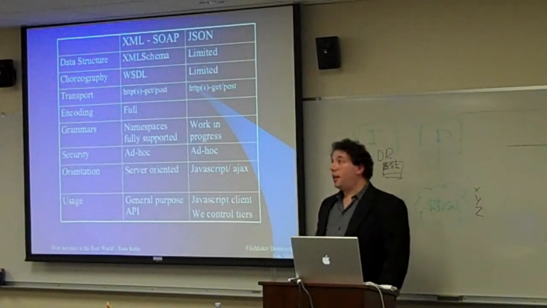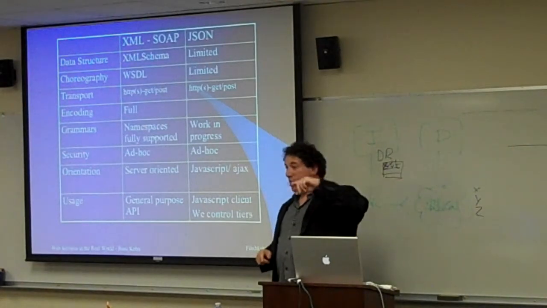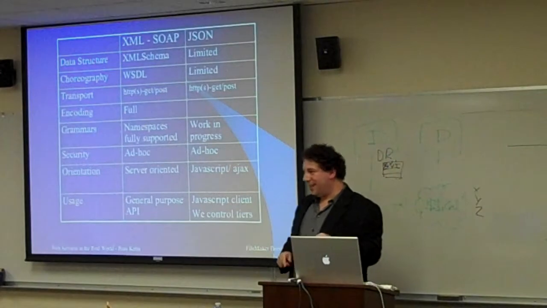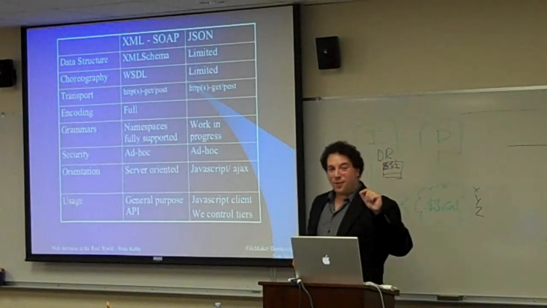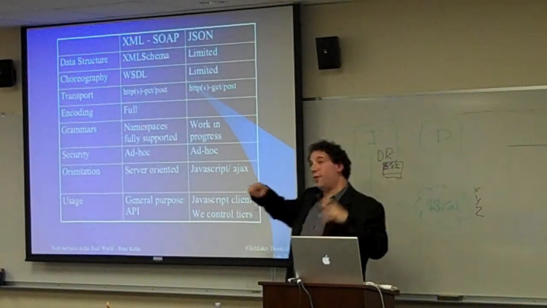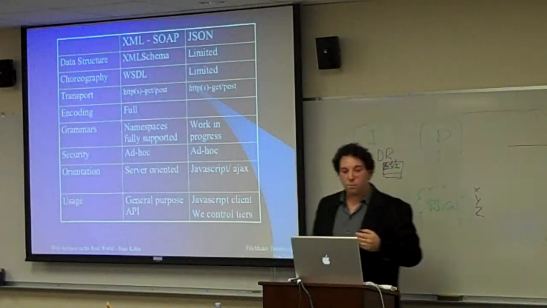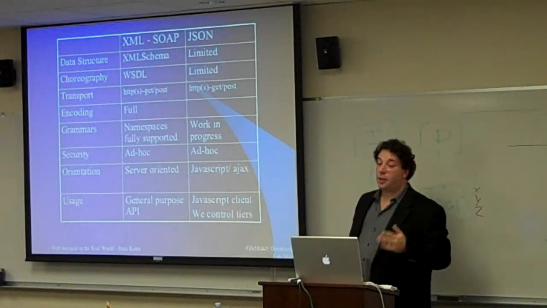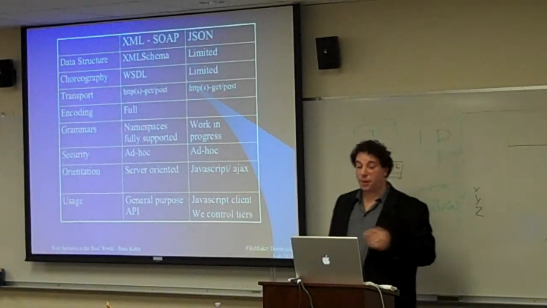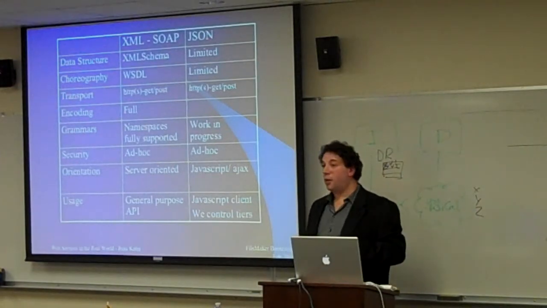The WSDL is the sequencing of these things. It says, first thou shalt do this, and then you might do that, and then you can do this, and then if this happens, you have to do that. So WSDL is this high-level choreography thing, and the WSDLs reference the XML schemas that talk about the nature of the messages themselves. Typically, we're doing HTTP POST for it, although sometimes you'll get GETs. It has a really rich environment for handling encoding, so if you're dealing with